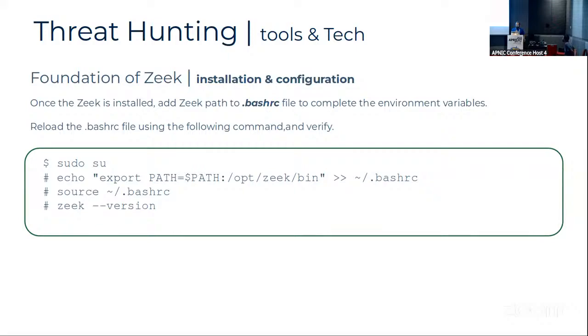So it's just simple text: echo, either you can use vim or nano on the bashrc file in your root directory, and then export this particular line after echo inside these two inverted commas, and then execute the source command so that any process related to Zeek can divert to the bashrc to get to know where the source